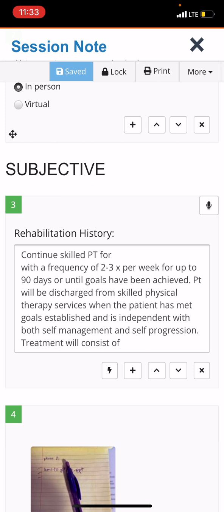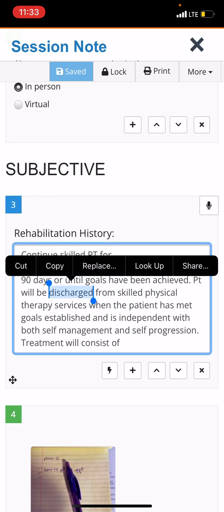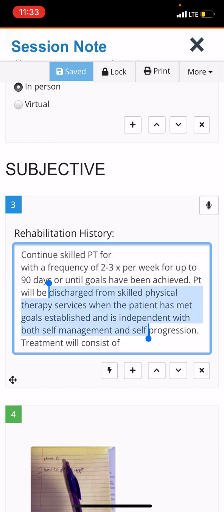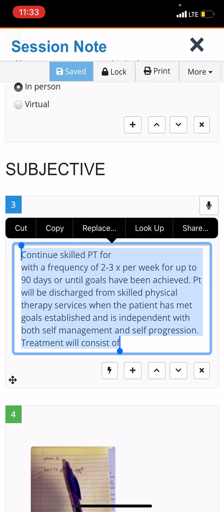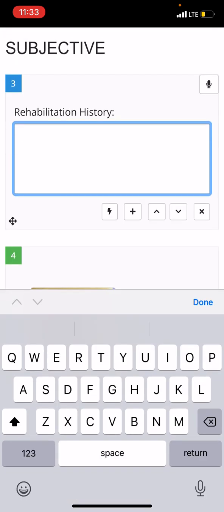If I want to delete that, I can hold my finger down on it just like you do on your texting or whatever, and I can drag this, get that, and cut that out. And I'm like, oh, that was a mistake. Okay. The other thing that I like is I can touch this and I can touch my microphone button, and I can say,